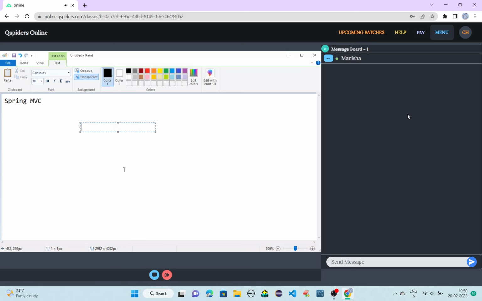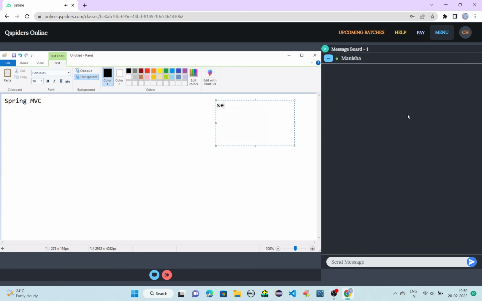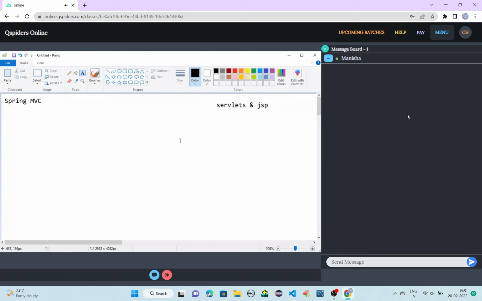Okay, so we have used servlets and JSP, right? In servlets and in JSP, what we were doing, we were working with the front end also, right?